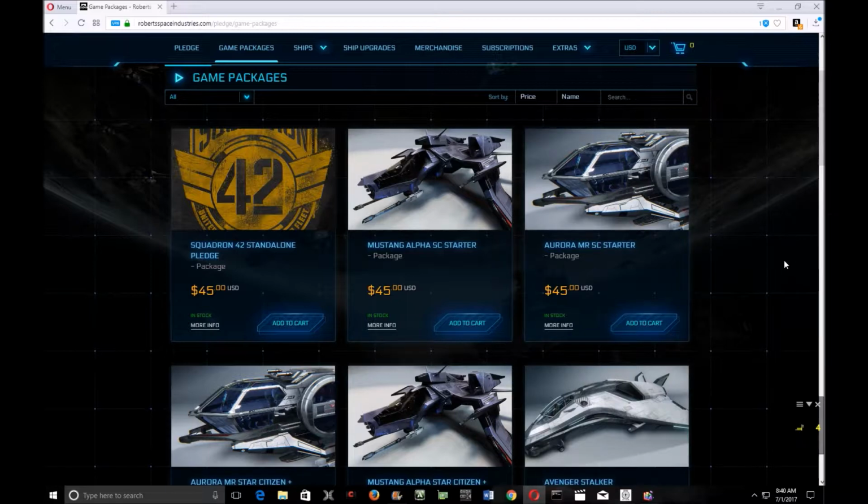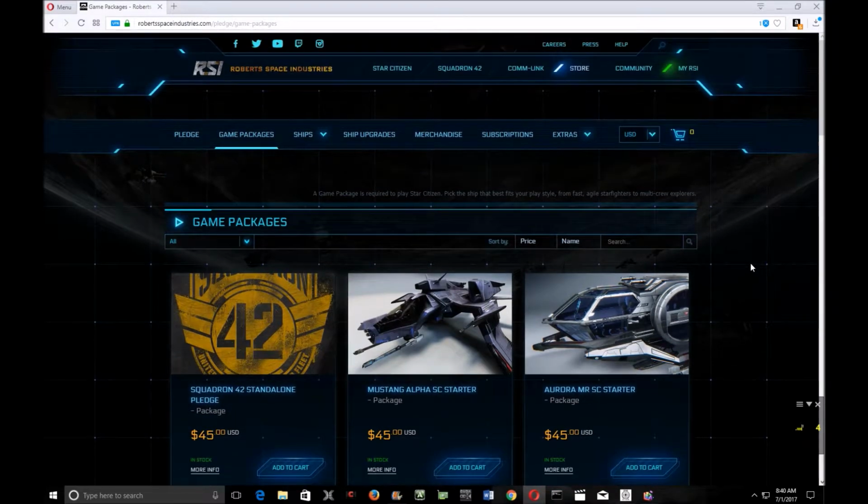But anyway, get your package, download the client. You're done. You're good. You're ready to get in there. You're ready to get some action. You're ready to have fun. That's pretty much it. Now I'm going to look at some of the other cool things about this game,